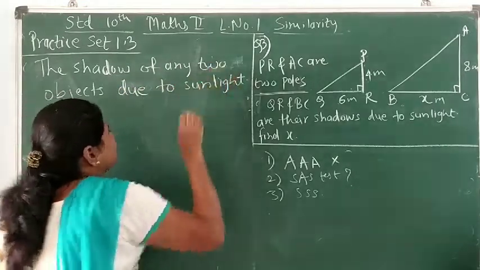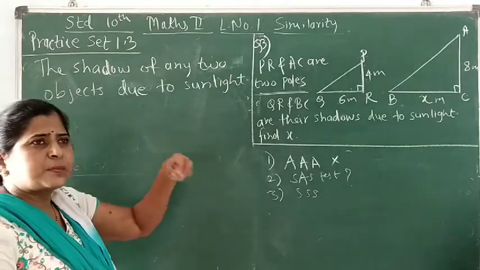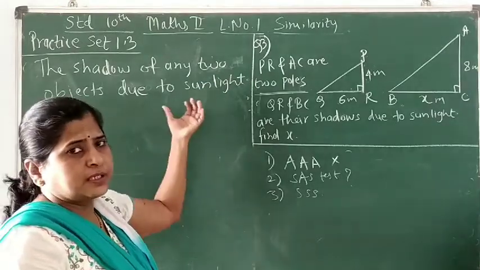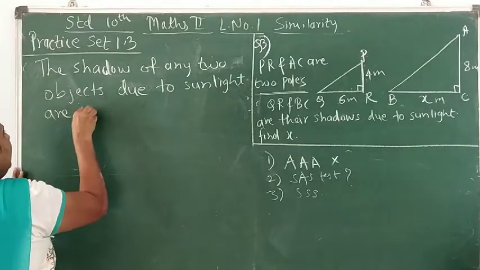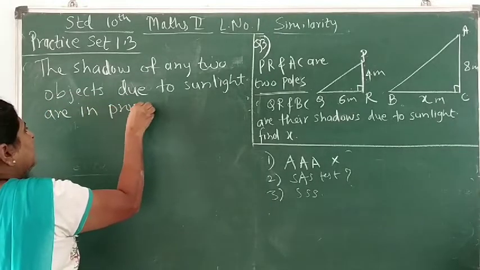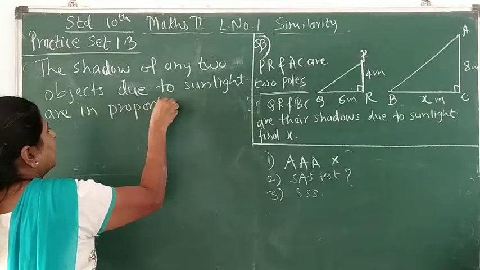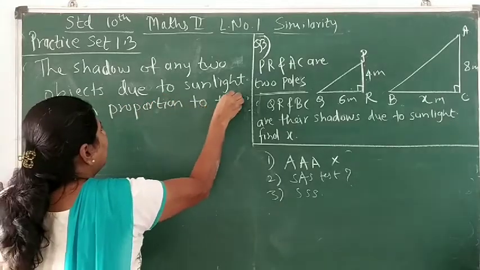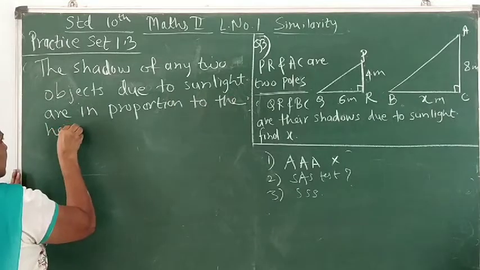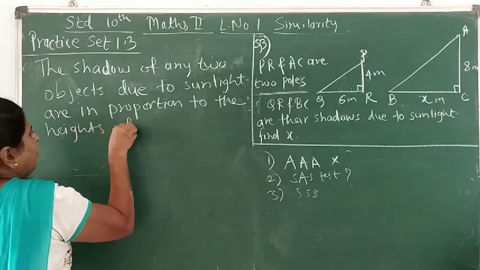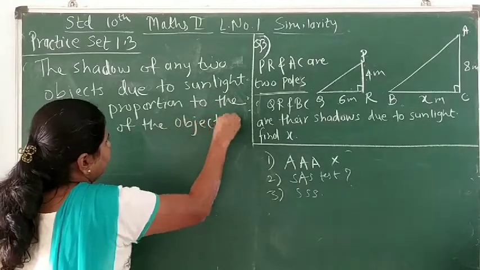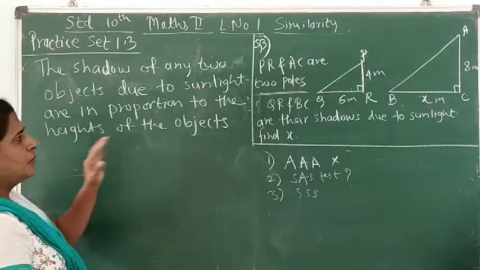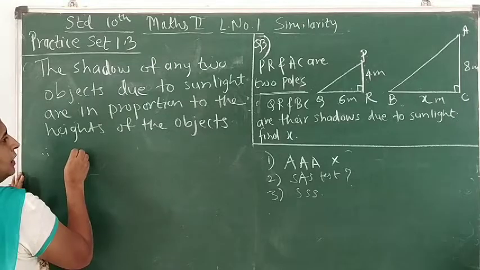Sunlight is a specific source. If it is not sunlight but it is one specific source, then also we can say the same about that. Okay. So if we write this,